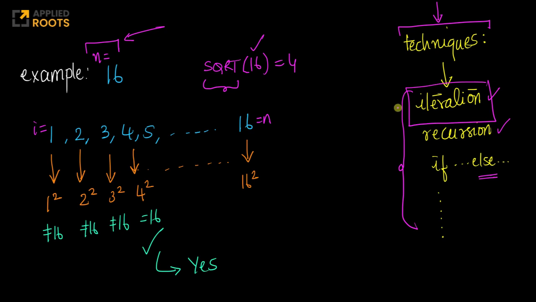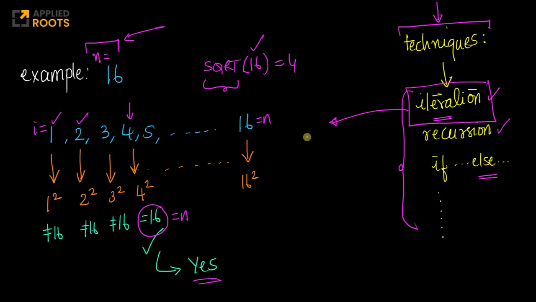What am I using here? I'm using a very popular, very simple technique in programming and solving such problems, which is iteration, just a simple loop. So I try i equals to 1, I check i square, which is 1. Is 1 equals to 16? No. Then I try with 2, 4 not equals to 16, 9 not equals to 16. 4 square is 16, exactly equals to 16. Then I will say yes, because I'm only checking integers here, because 4 square equals to 16, which is equals to n, I will return true.